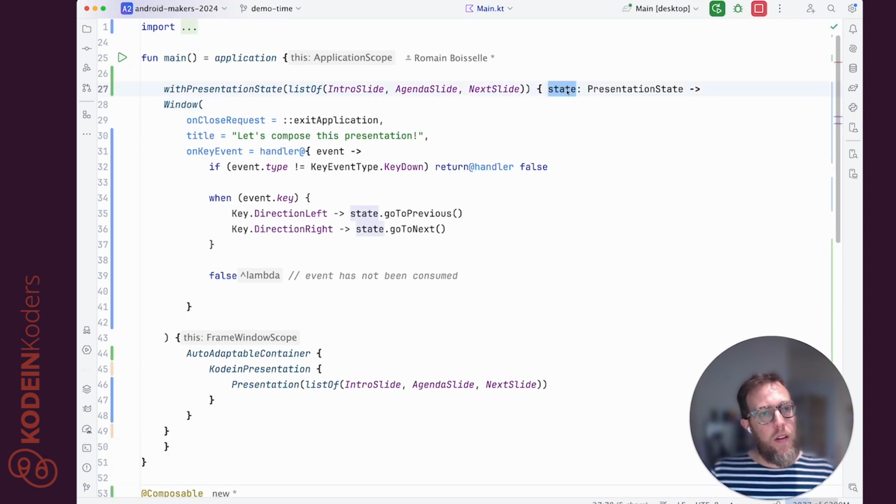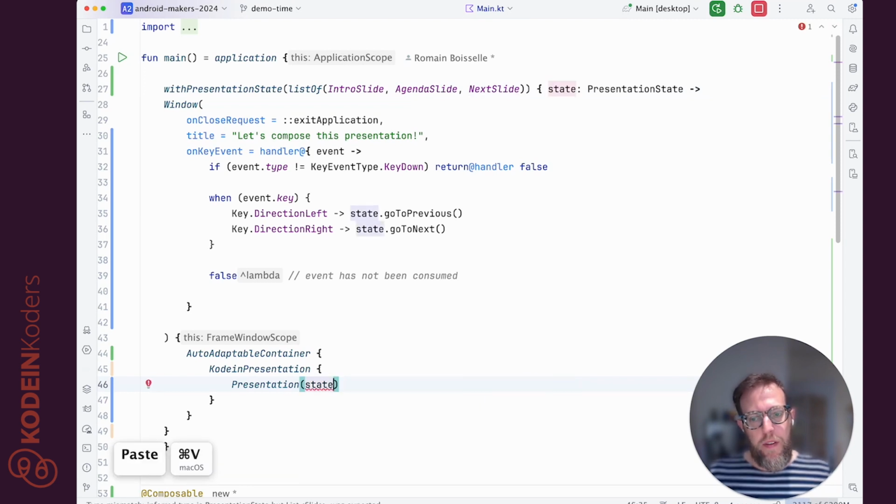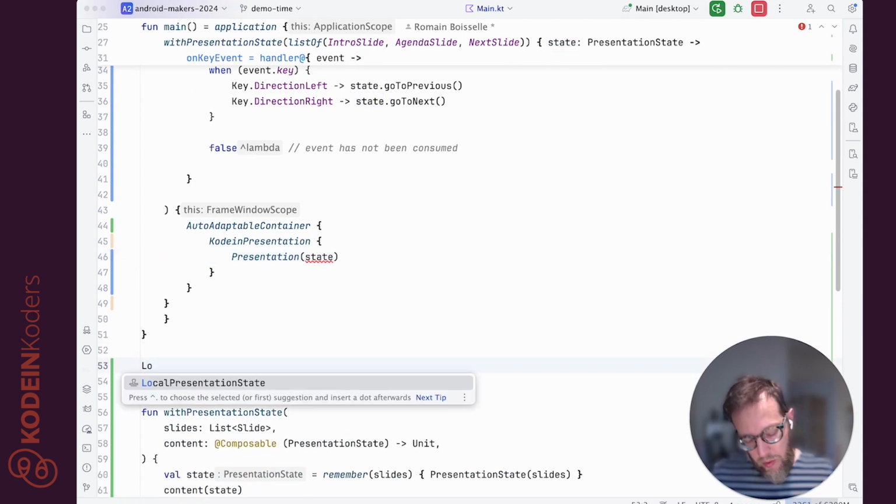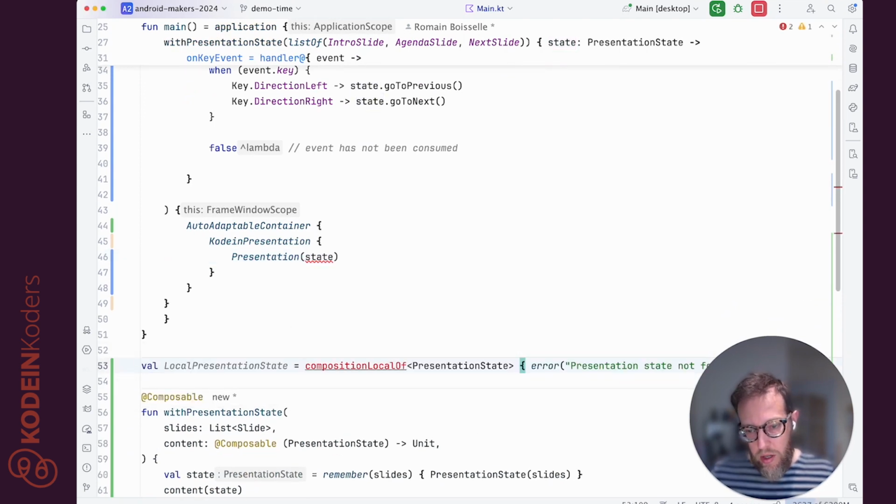One last thing is that if I need to consume or display my presentation, I will need to pass my state reference to every composable child. So let's change our implementation so we can just consume our presentation state with something like a composition local that can provide our presentation state across all our composable tree. So let's create our composition local